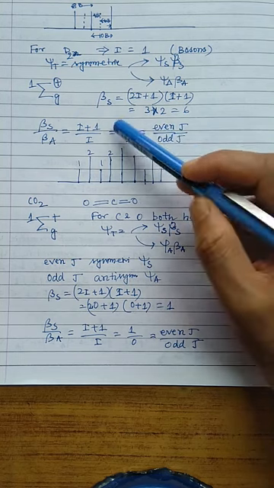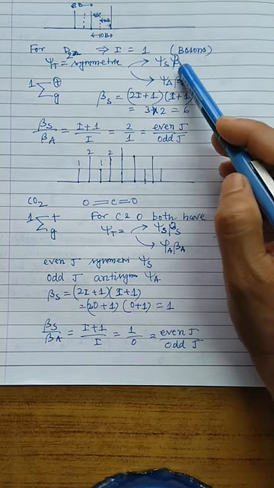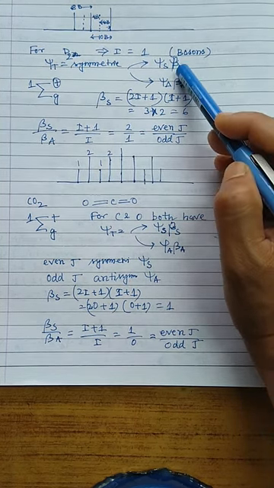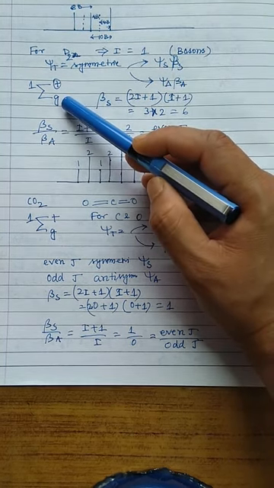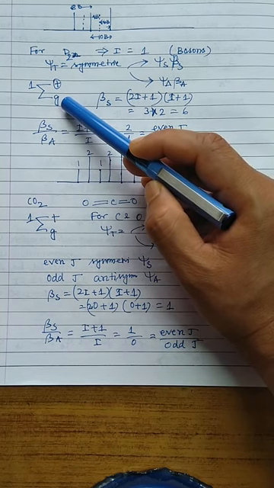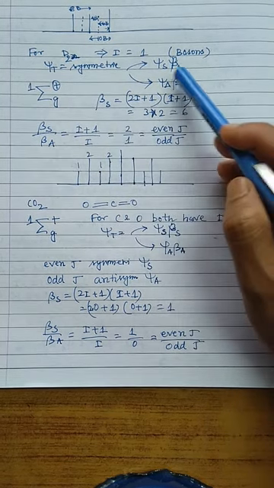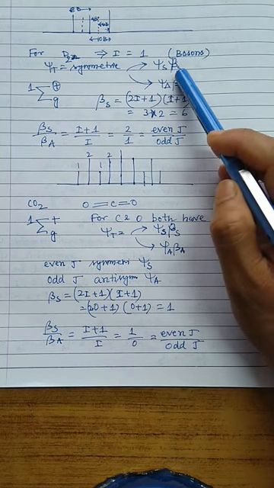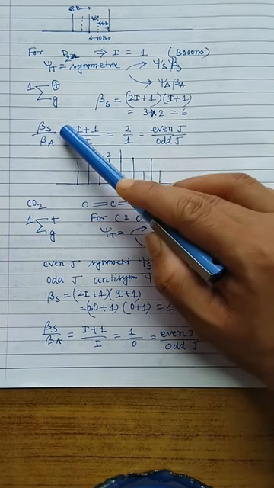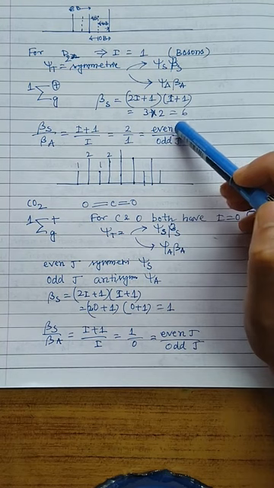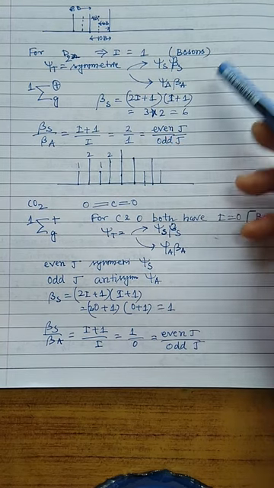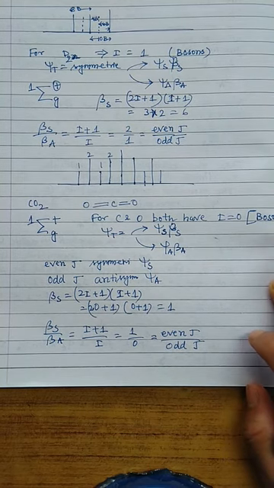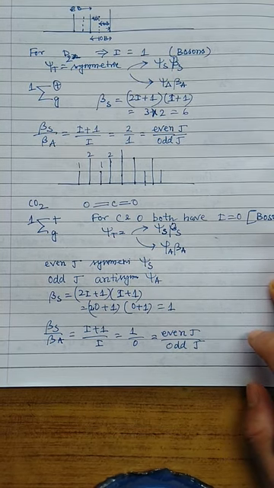Now I'd like to show that the beta S, which corresponds to the symmetric sigma g, corresponds to even J, and even J is symmetric. That means if the space part is symmetric, then its corresponding nuclear spin is symmetric. That means symmetric spin appears from even J. So even J will appear here and odd J will appear here. So this is the ratio of even J by odd J, and this is 2:1. That means the intensity of the even J lines will be twice the intensity of the odd J lines.